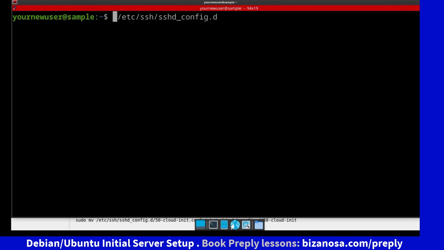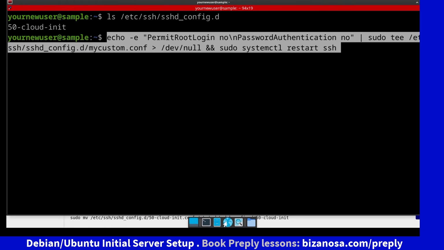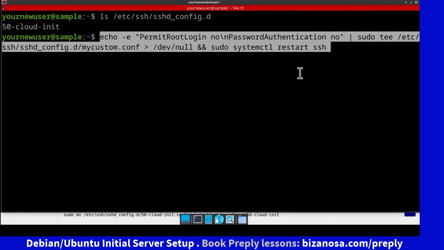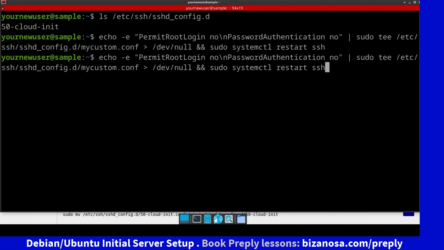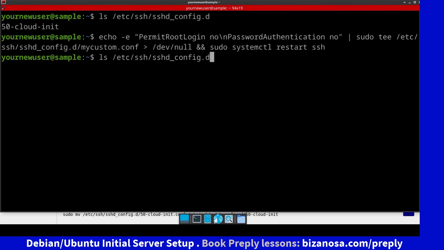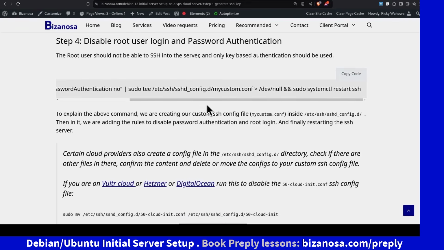If I do an ls inside of this directory, you'll see now we have that, but we want to create our configuration file, enter. Once we create it, if you do an ls in that directory, you'll see now we have our mycustom.conf. You can call it whatever you want. That's just an SSH configuration file that will be loaded along with the default configurations for SSH. So after doing this,